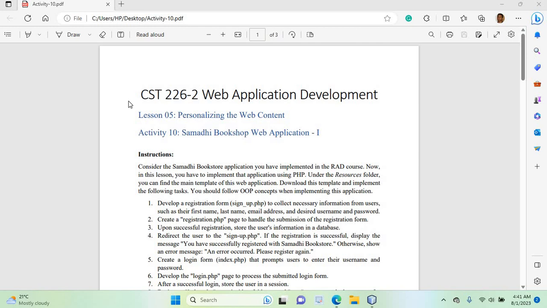Welcome to another video. In this video, we will see how we are going to develop the Samadhi Bookshop web application using PHP. We already implemented this application using Java technology under Rapid Application Development. So today, we are going to see how we are going to develop it with PHP. We are going to follow the same approach, the same steps that we followed with